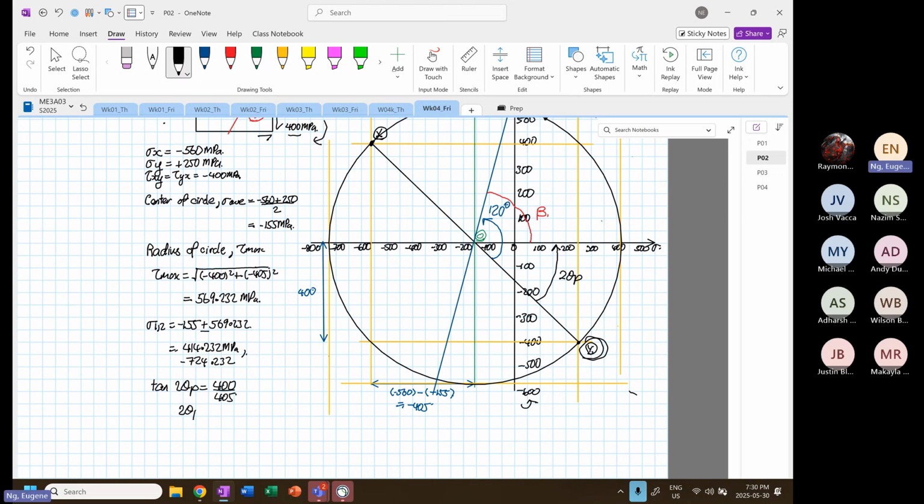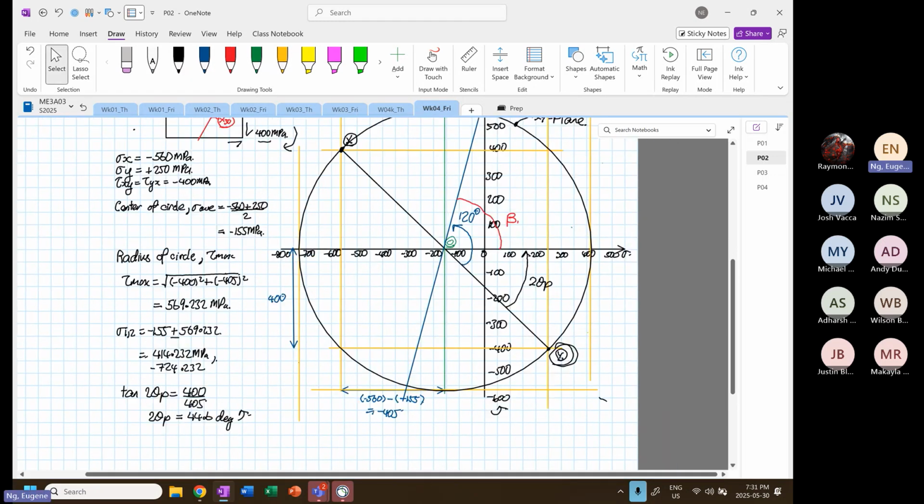So our 2 theta p will be equal to inverse tangent of 400 divided by 405. I'm in radians, that's why I have to switch to degrees. So 400 divided by 405, inverse tangent, I have 44.6 degrees, 44.6 degrees anti-clockwise. So the beta angle